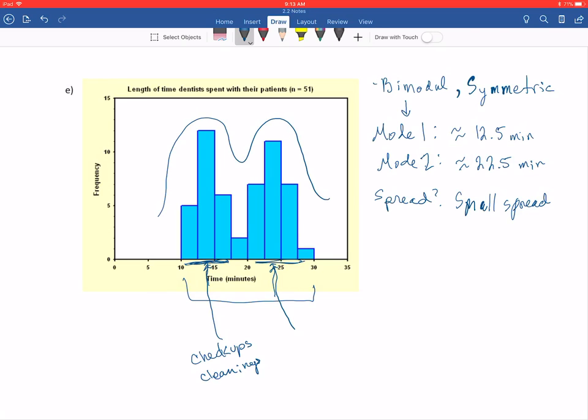And probably these patients up here who are taking a little bit longer might be getting fillings or other procedures that might take a little bit more time. So again, maybe